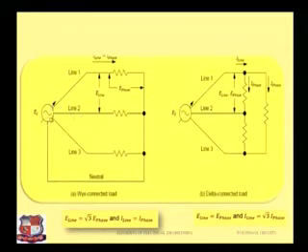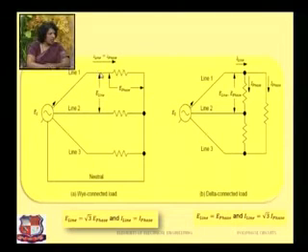See, from the source, this is line 1, line 2 and line 3, and all the 3 coils or resistances are connected. They are giving a neutral point. So what do we observe here? The line to line voltage is different, while the phase voltage is line to neutral. Line 1 to neutral is phase voltage for first phase. Similarly, line 2 to neutral will give you the phase voltage for second.